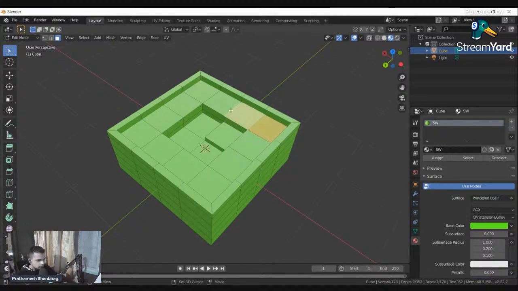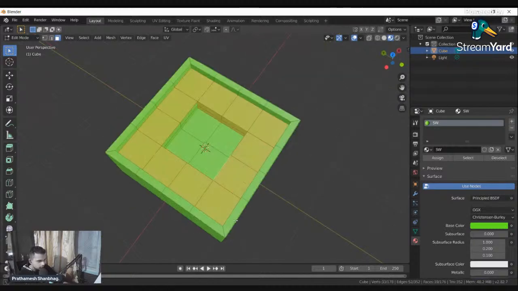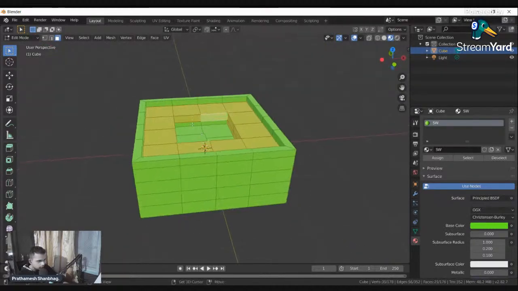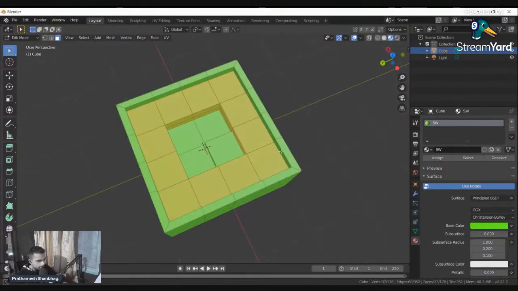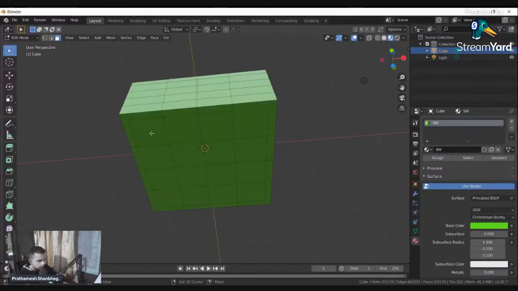Now what I'm going to do is select these faces and give it the color of sushi, not these ones. This is something that will have a different color. I should go back. All right. And the ones down as well.